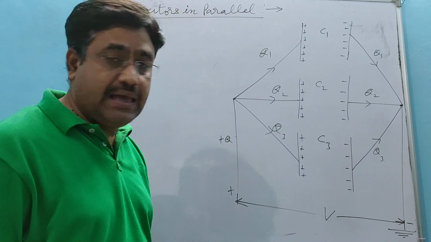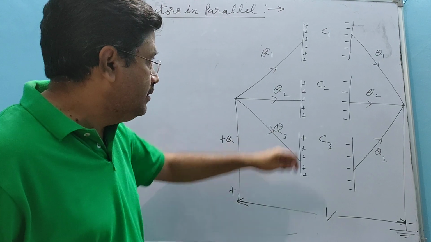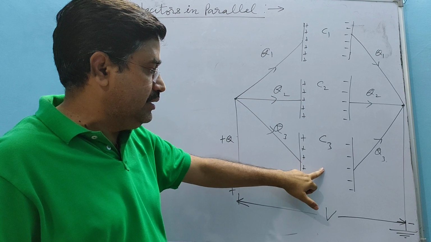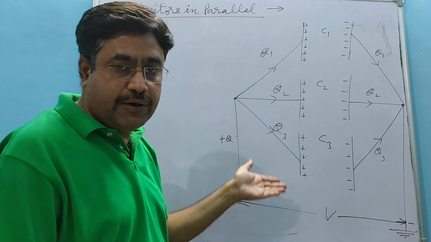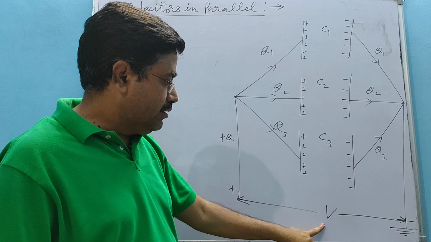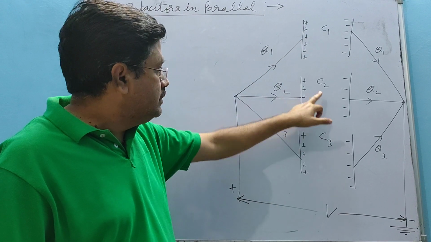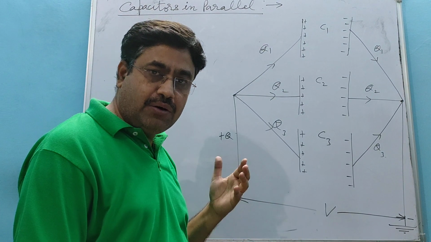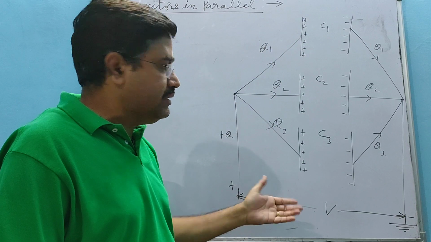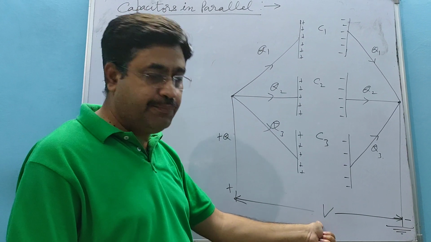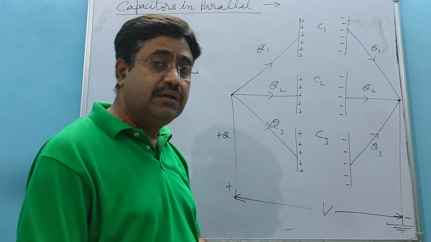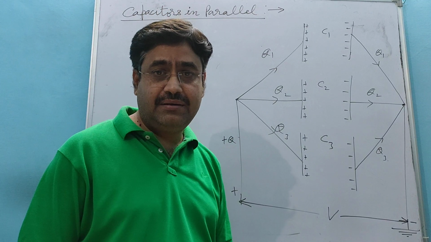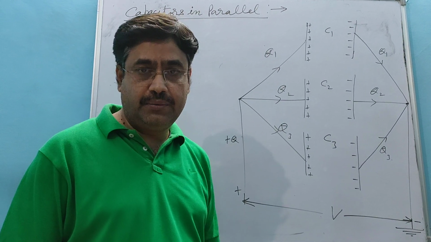Now another definition: you find that the voltage drop across C1, C2 and C3, means across different capacitors, is the same. C1 पे voltage drop V, C2 पे भी कितना हो रहा है V, C3 पे भी कितना हो रहा है V. If on different capacitors in a path the voltage remains the same, the potential difference remains the same, they are said to be connected in parallel. Now another definition, which is again useful but not authentic.